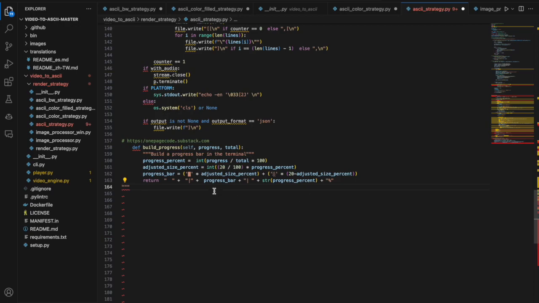This code defines a function called build_progress that takes in two arguments, progress and total. The purpose of this function is to build a progress bar in the terminal. First, the function calculates the progress percentage by dividing the progress variable by the total variable and multiplying it by 100. This calculation is assigned to the progress_% variable. Next, the function calculates the adjusted size percentage by dividing 20 by 100 and multiplying it by the progress_% variable. This calculation is assigned to the